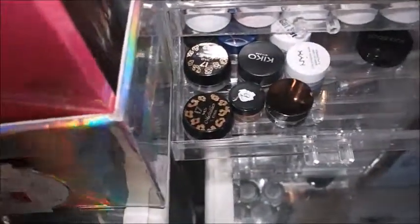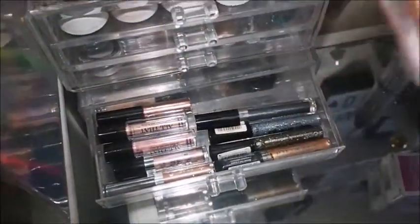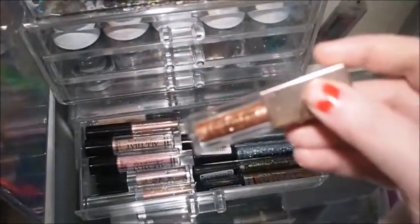My camera stopped. I've just pulled a few products out of, where is it? I pulled one product out of there. So it's the Charlotte Tilbury in the shade Bear. Really like that, and I've not used it in ages, and obviously a cream product, so I want to try and get some use out of it. And then out of the glitters, I've pulled this one, and this one came from Amazon. It's Q Best, and it's in the shade number 8. It's just a really pretty gold glitter, and they're really comparable to the Stila ones,